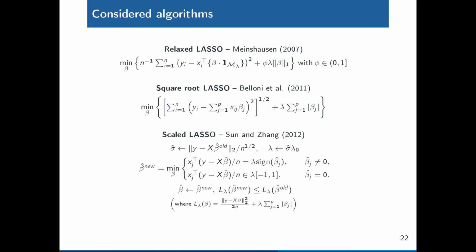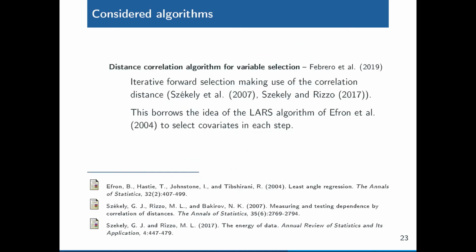Besides the relaxed Lasso, which guarantees faster convergence rates and better predictions, the square root Lasso of Belloni, which is able to take an optimal value for lambda without knowing in advance the variance of the error, the scaling Lasso of Sun and Zhang, which iteratively estimates the variance of the error and the beta vector,